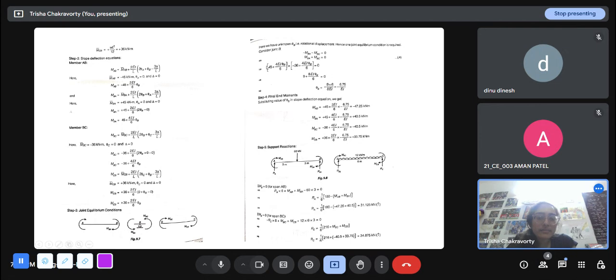So I write minus 45 plus 4EI by 6 theta B equals minus of minus 36 plus 4EI theta B by 6. From that I solve theta B to be this, it has a 1 by EI, I don't forget that. And then I'm going to find out the final end moments. Since now I have theta B, I can put it in the MAB equation, MBA equation, MCB equation, and MBC equation. So I get these, and you will see that this was the condition we imposed, right? MBA and MBC should be equal and opposite in magnitude. So I have the four fixed end moments.